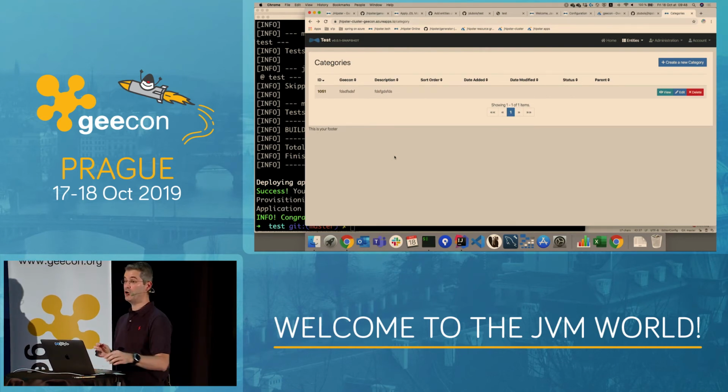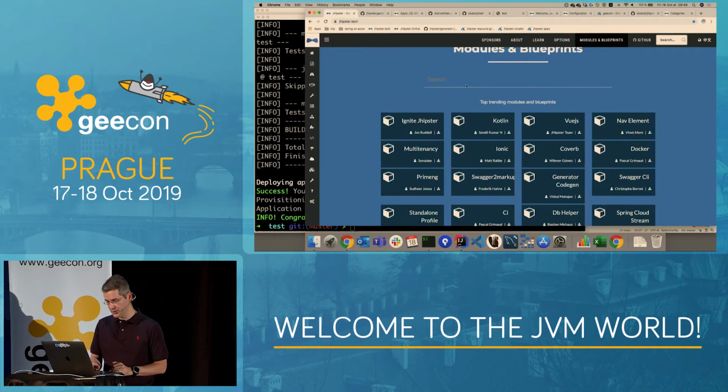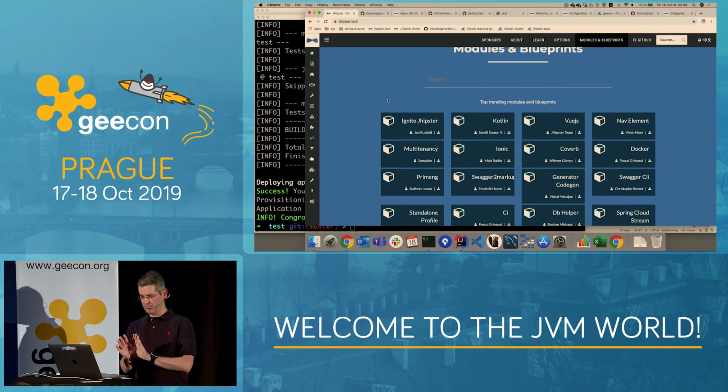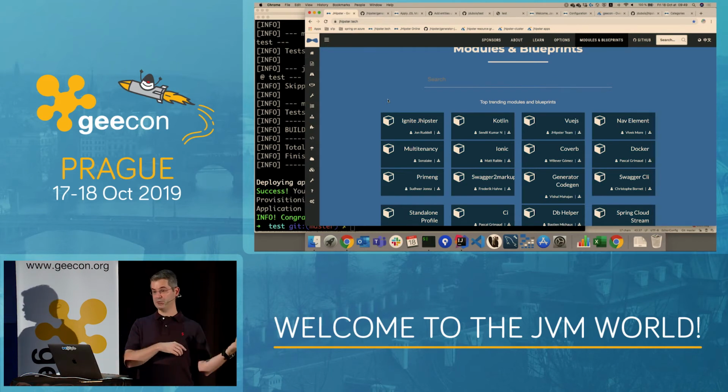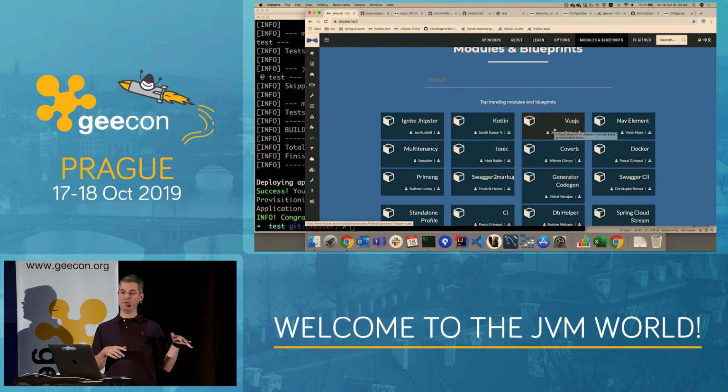Can you create your own templates? Yes, and that's the goal of it. I talked a little bit about modules and blueprints. Those are two different concepts in JHipster. It would be mostly modules. So you can have your own templates that override what JHipster does, and we did that initially for companies. It has been used now for things like Kotlin and Vue.js, but initially we did that for companies.